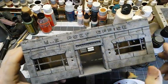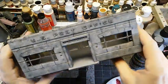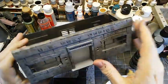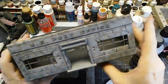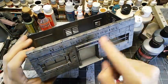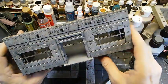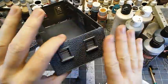I cut in those windows with that gunmetal and then put that wash around them to help accentuate that they're inset a little bit. I also ended up putting that wash in all of the mortar lines. I just liked the way it looked, a little darker, a little more defined. Did it all around the sign. As soon as that dries, we'll put some color on that sign,